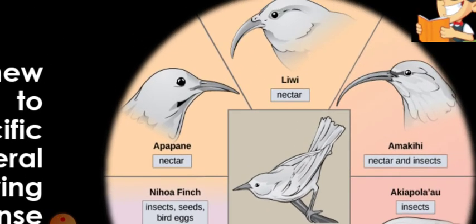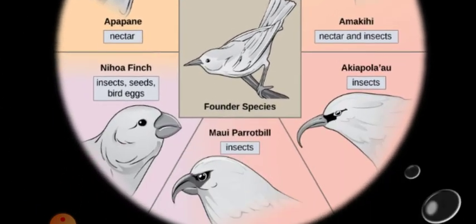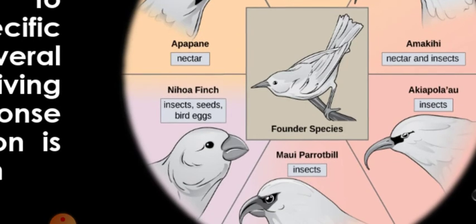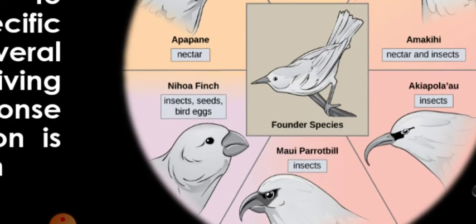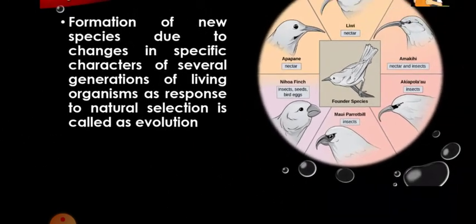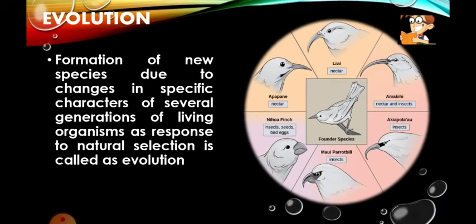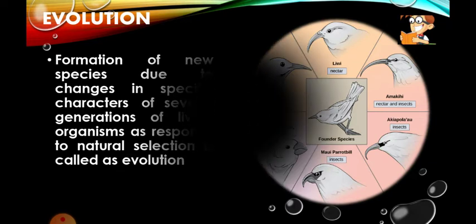You can see how the development has taken place in the beak itself. So this is one of the characters of the bird which has been gradually changed and developed, and because of this there has been evolution, and new species of birds have been formed. Okay, fine. Next,